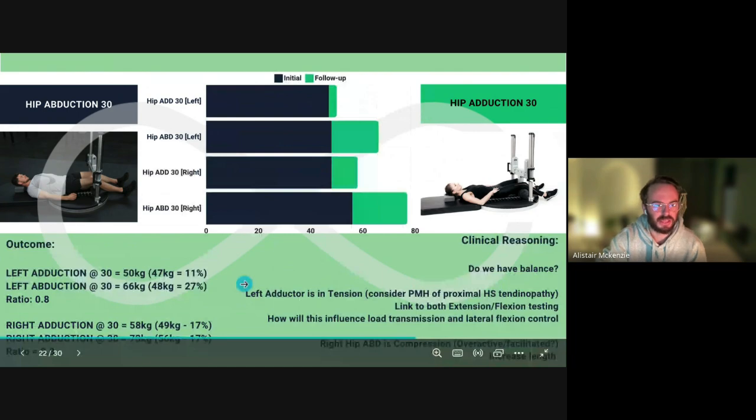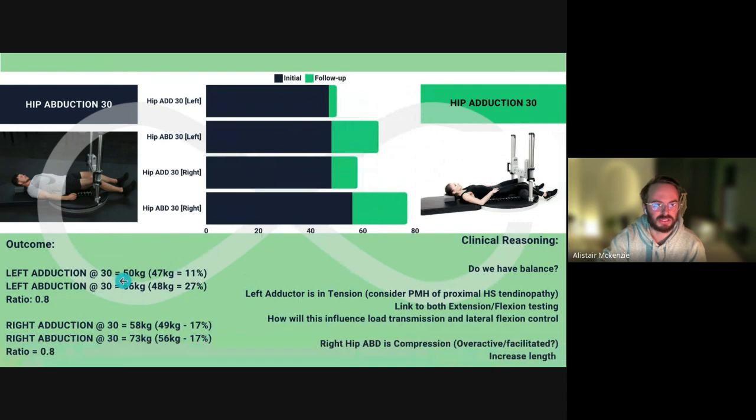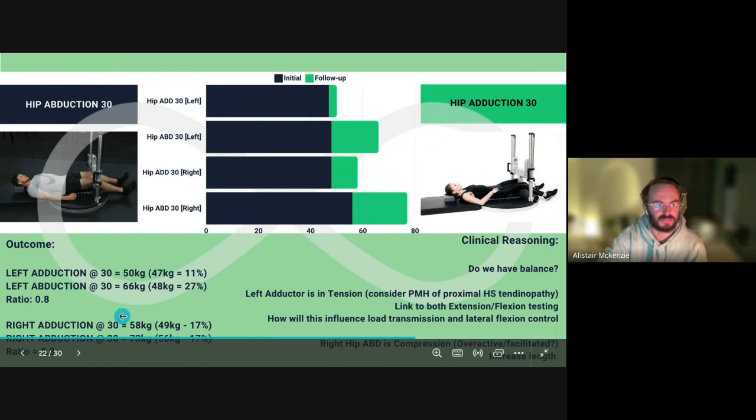Okay, so as we can see, the left side increased its adduction by about 11%, so nothing significant. But the left hip abductor increased by 28% and is now sitting in a much higher percentile of what we would consider gold standard. Likewise for the right side, and the left and the right hip adductor got about 17% better. So when we think about this as a balance ratio, there's still this abducted balance, but overall the absolute forces are increasing, but we still need to look at the anterior